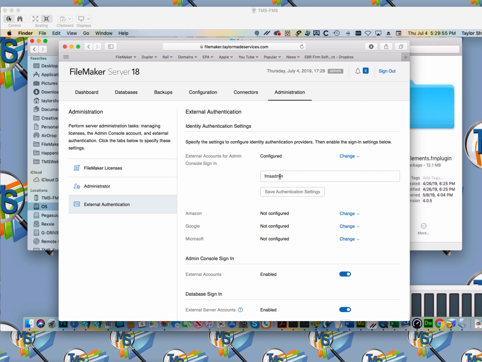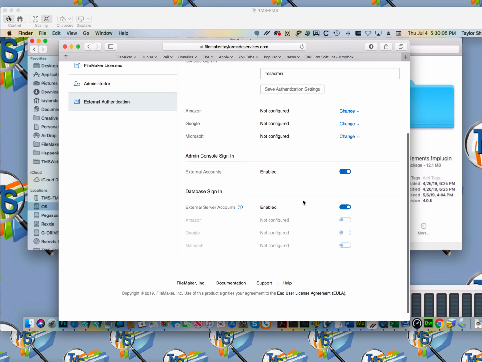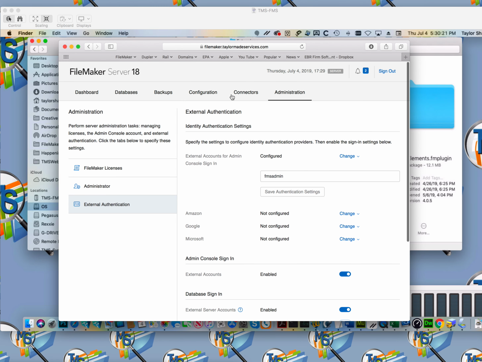This will be blank. If you have a work group, add that work group in. If not, just use the FileMaker's FMS admin group in here and hit Save Authentication Settings. Once you've done that, then you will be able to come down here and click the Admin Console Sign In. And once this is turned on, you'll be able to log in remotely from the admin console, which is what we want to do with our new admin solution. So once we have all those things configured, we should be able to